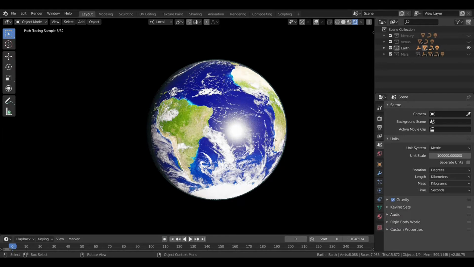Earth is also the densest planet in the solar system, but that is partially due to gravitational compression. If you were to remove that, then Mercury would be the densest planet, based solely on the density of its materials.